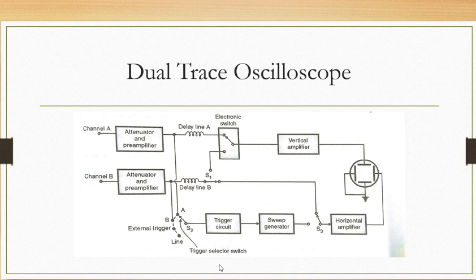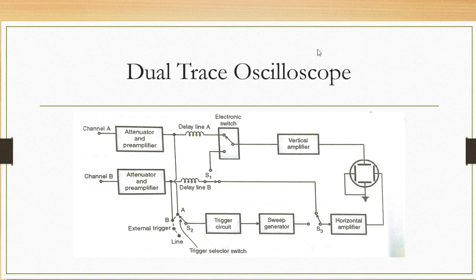Now again we have to discuss another mode, that is the XY mode. So what does XY mode mean? Although it is not shown in this diagram, let me discuss that XY mode. In the XY mode, the oscilloscope operates with channel A as the vertical signal, and channel B as the horizontal signal. Whenever we have to do accurate measurement, this mode, the XY mode, can be used. Let me repeat this again. Whenever we are using XY mode, channel A acts as a vertical signal and channel B acts as a horizontal signal, and this can be done with the help of these switches, as I discussed earlier.